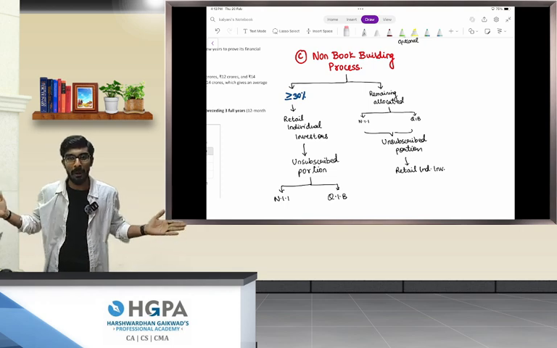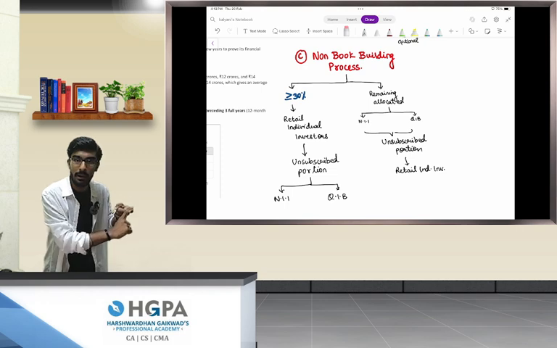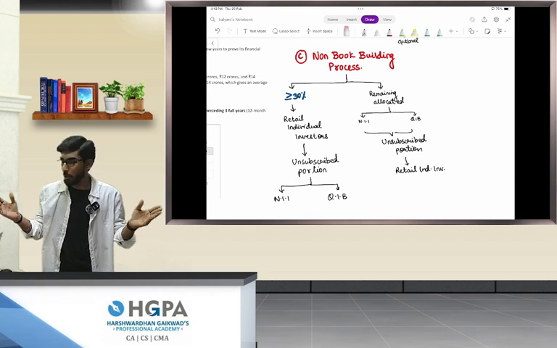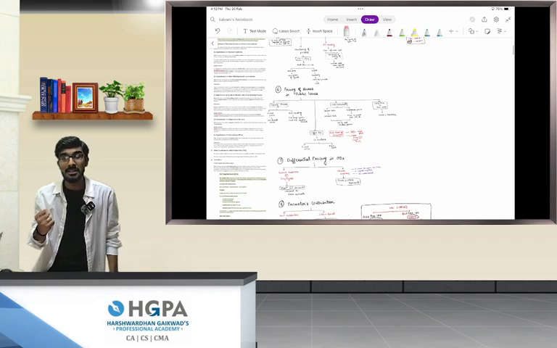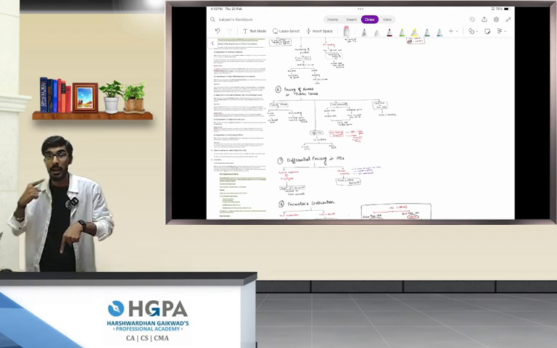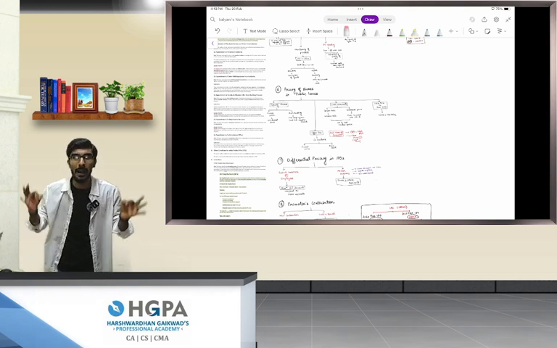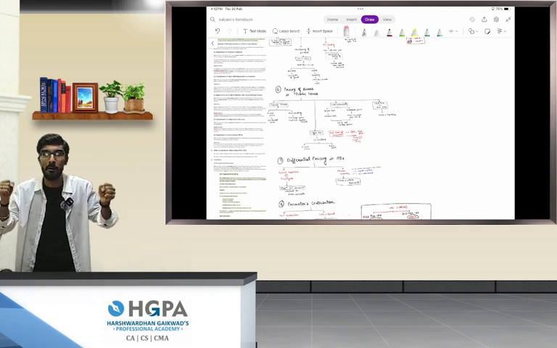People, we are done with the chapter. Look how quickly we are done with the reading part, understanding part, learning part. Don't you think how amazing it is using this mind map? This is the power of mind map. This will improve your quality and speed of learning by literally 10 times. You won't feel burdened.